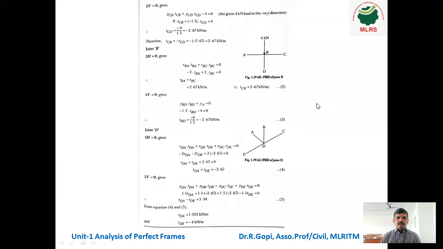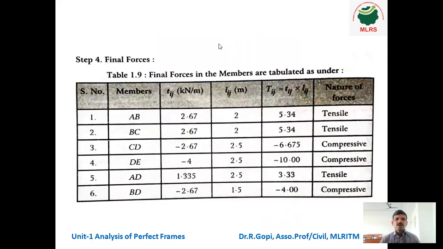So next, we have only calculated the tension coefficients. What about the forces in the members? For that we have to open a column. You can see in this column, the final forces in the members are tabulated as under. Serial numbers 1, 2, 3, 4, 5, 6, and the members as per your previous tabulation. Write down the member. Next, for each member, write the tension coefficient. If you got a plus value, write the plus value. If you got a minus value, write it as it is. Don't mention compression or tension here.